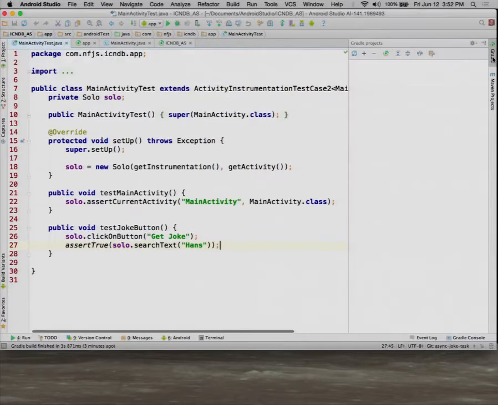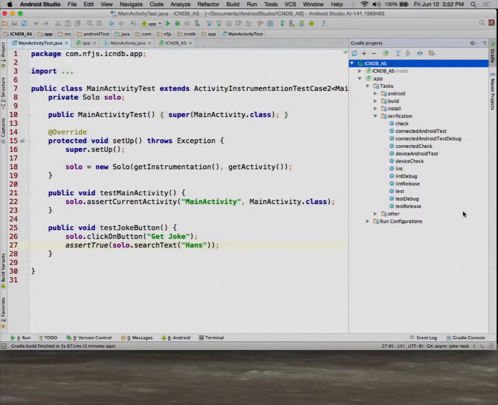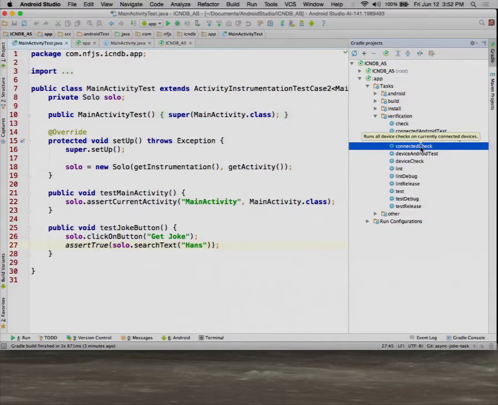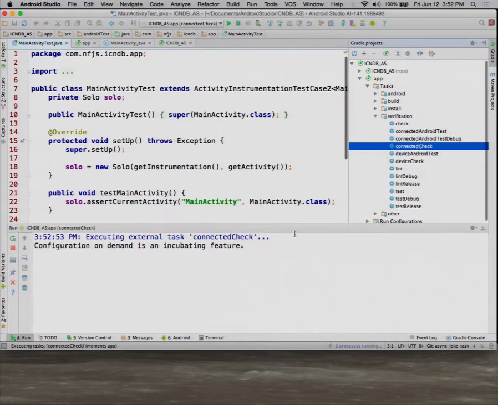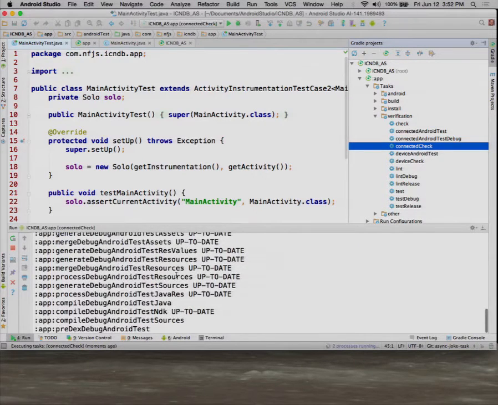Over here is a Gradle window which shows all the Gradle tasks, and there are, I think Zav mentioned, about 110 of them. Tons of these things. And I don't even have any variants other than the build types. I don't have any special flavors going on. The connectedCheck one is the one that I want to run in order to do this instrumentation or integration test here.